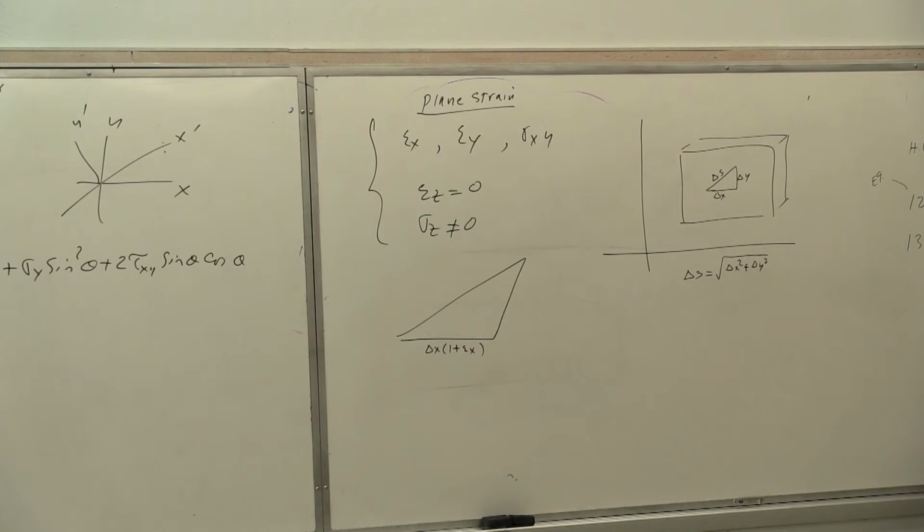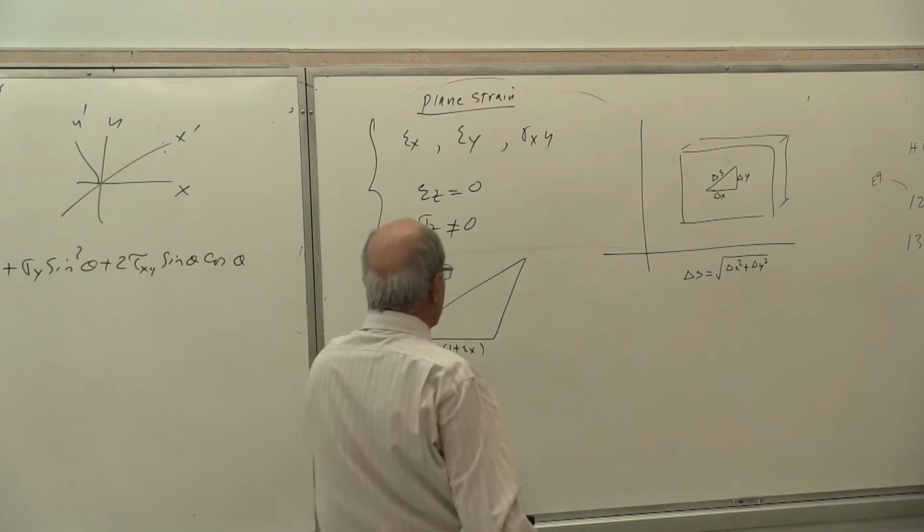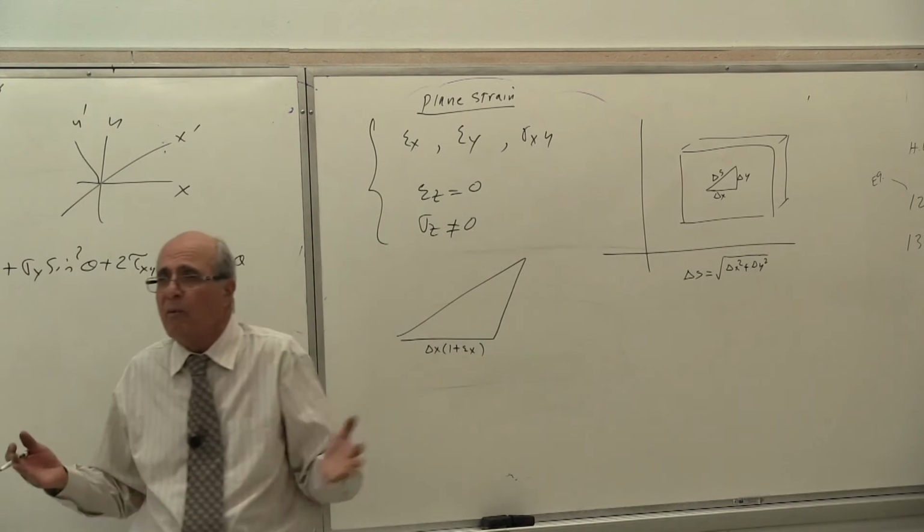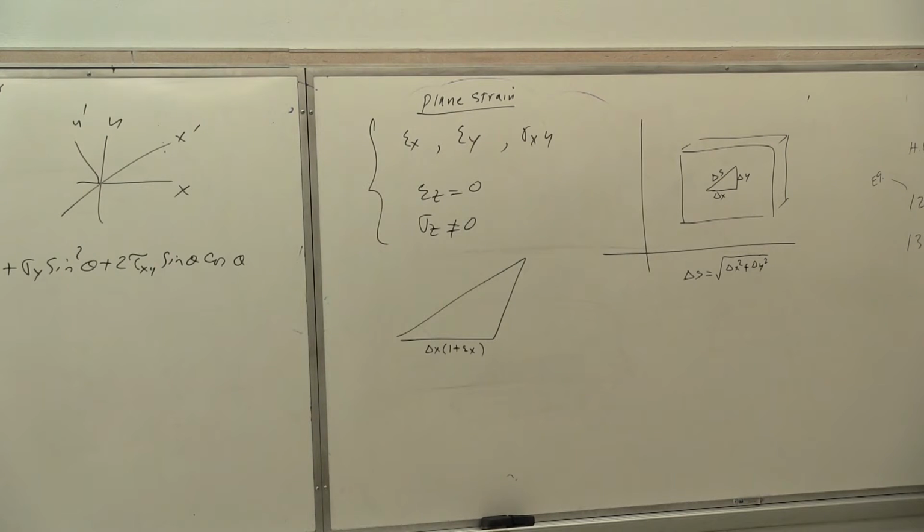Everybody understand? Epsilon x is deformation per unit, 1 unit of length. Yes or no? If you have 1 inch, after deformation it becomes 1 plus epsilon. Is that correct? So if you have 100 inch, you have to multiply it by 100. Isn't that what I'm doing here? So 1 inch, this is so simple if you go by definition. Formula-wise, I don't care. No, you shouldn't care.